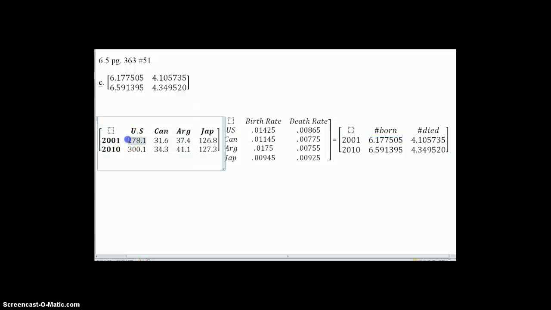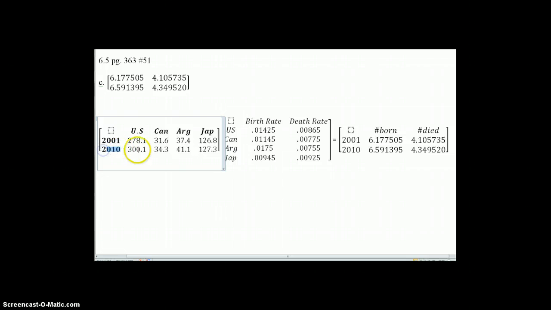And then again, if you take the population of the US and multiply it by the death rate, that gives you the number of people who died in the US in 2001. But then you're going to add it to the population of Canada multiplied by Canada's death rate, which is the number of people who died in Canada, and so on. So what you get is the number of people who died altogether in those 4 countries. And the next row is very similar. It's just the stats for